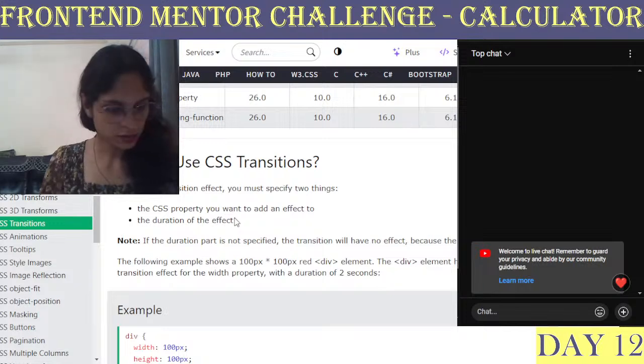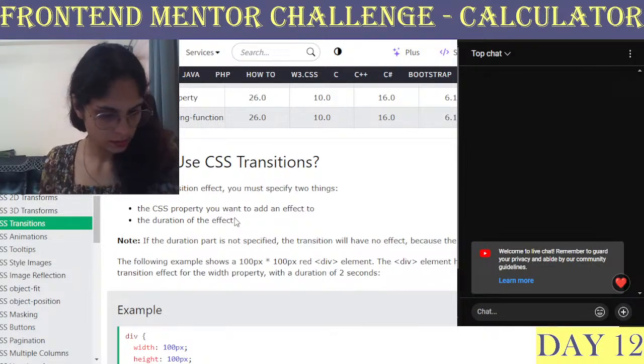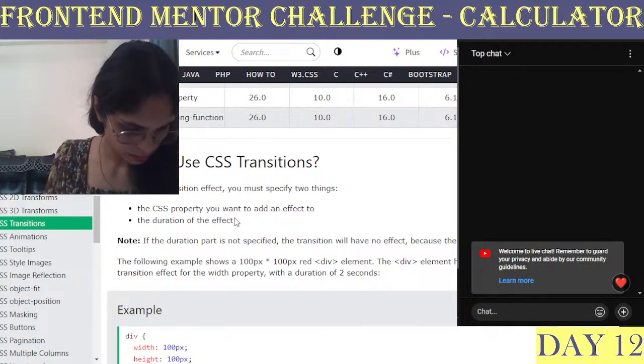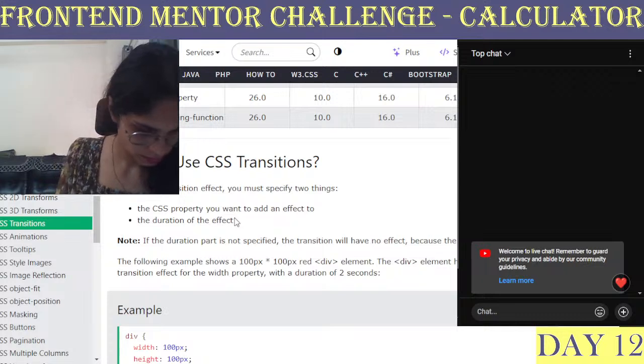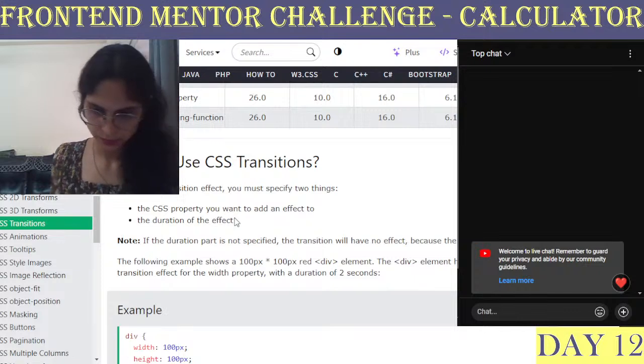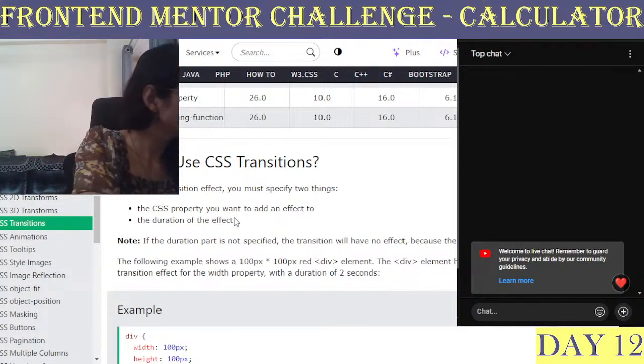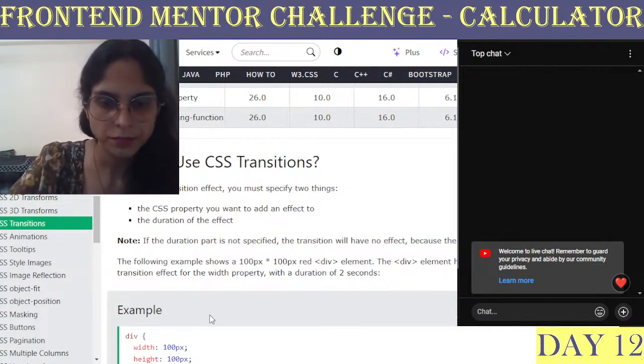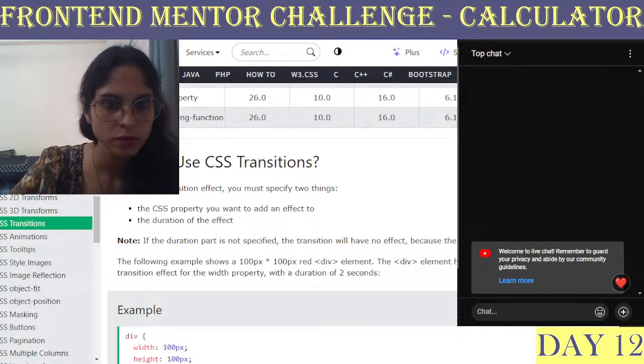Yeah, CSS transitions. Let me complete the notes.